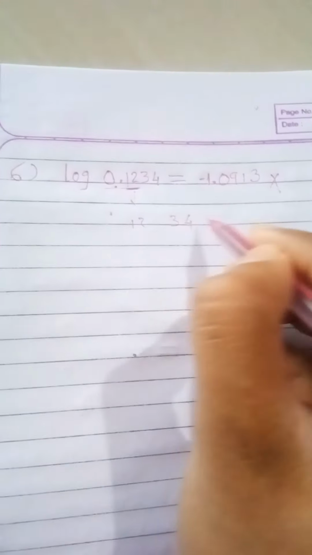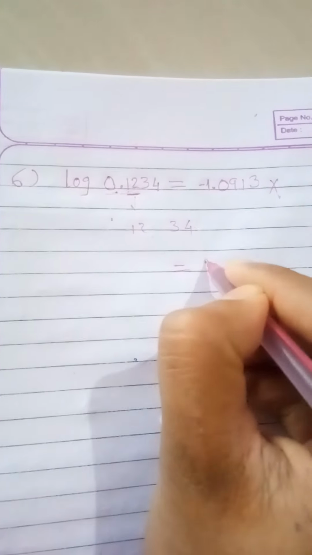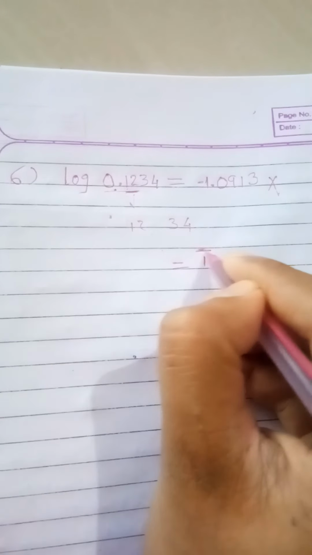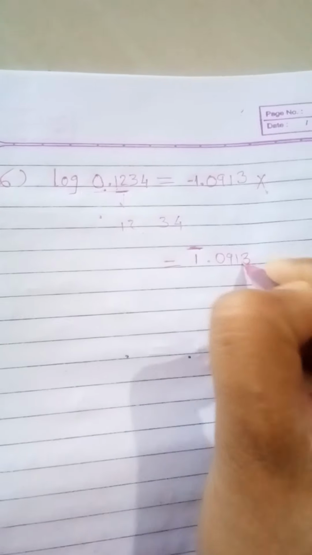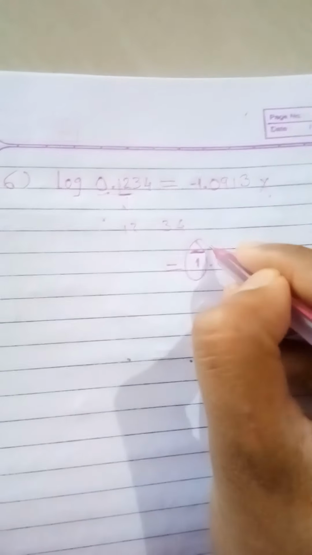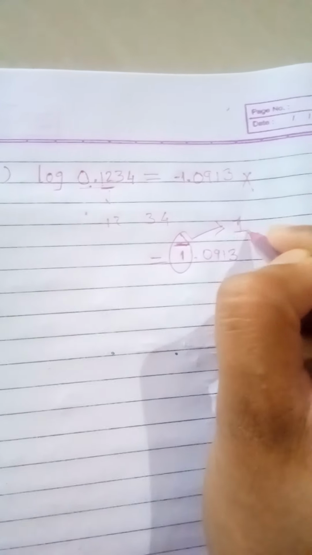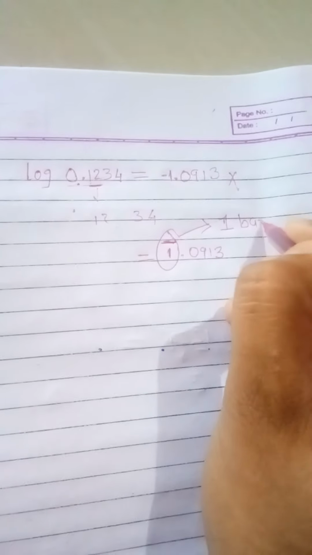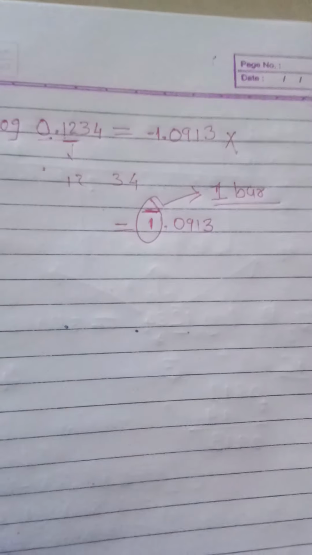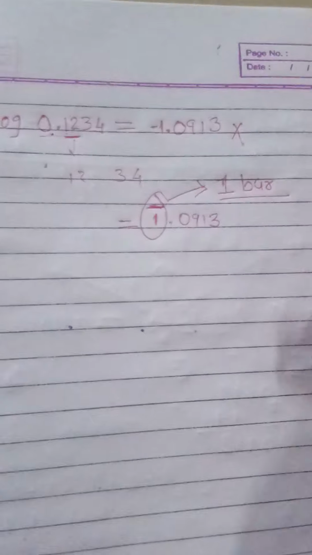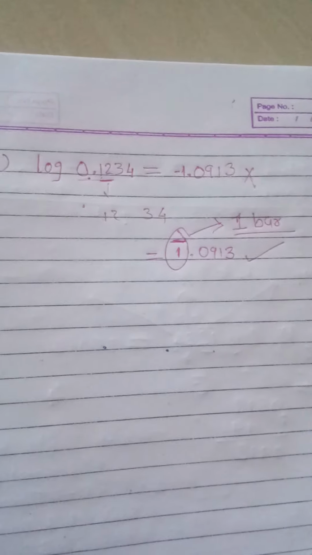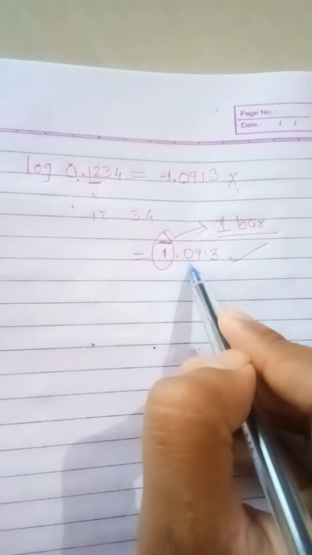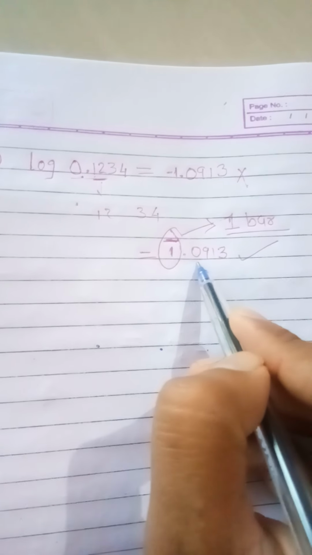We have to write 1 and then 0.0913, and it is read as 1 bar. Just remember this, what we have to write: 1 bar 0.0913. Okay,